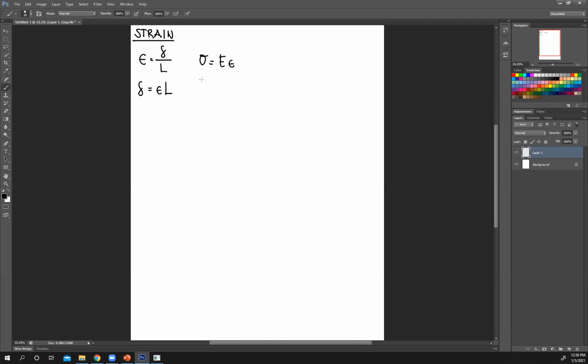Therefore, I can get another equation for strain. Strain is just stress over modulus of elasticity. Then subbing that here, deformation is now equal to sigma L over E. So that's one of the equations. Next, remember, stress is just force over area, so stress is force over area times L over E. So deformation equals PL over AE. There, it's that simple.